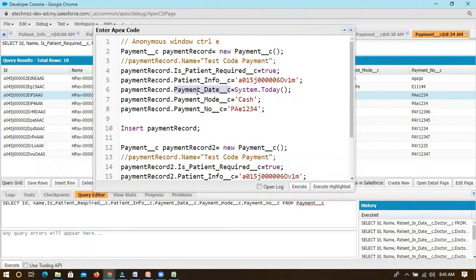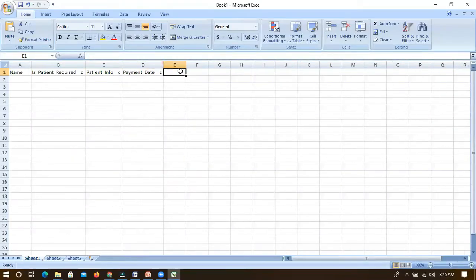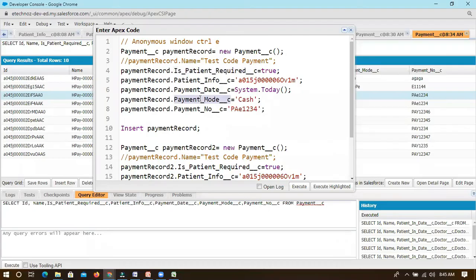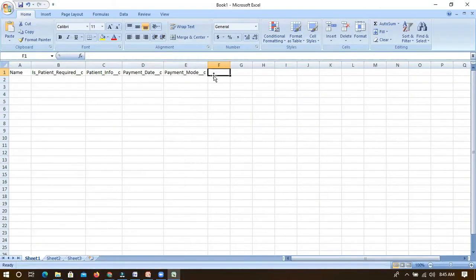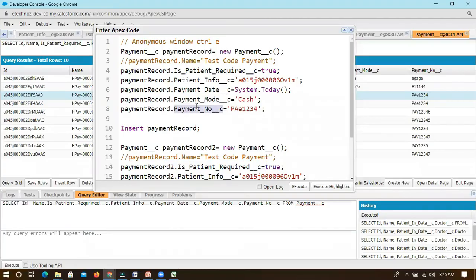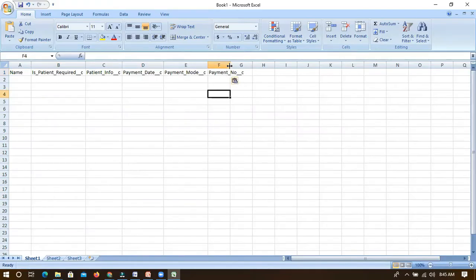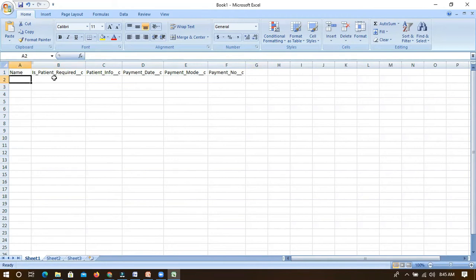This is just a field, and I'm just mapping that field. Payment mode: if you have multiple fields, I think these are sufficient. Mostly, in any other process, it should not have double underscore C and all, so write it in a proper format. Consider that you are a user.